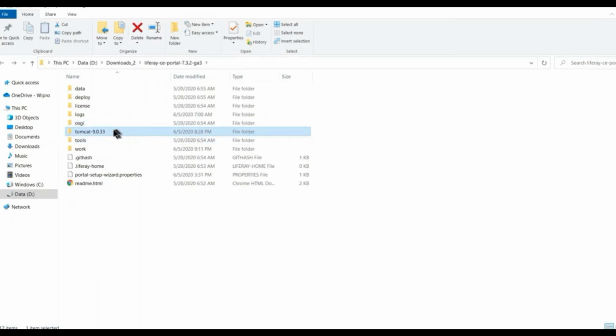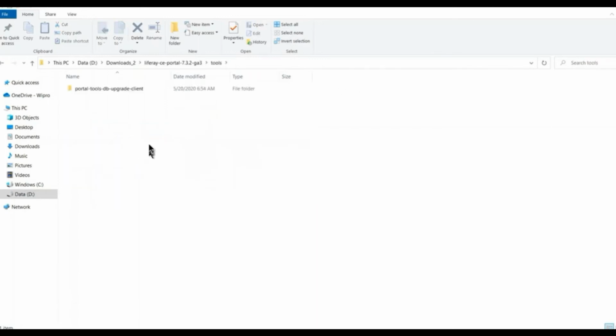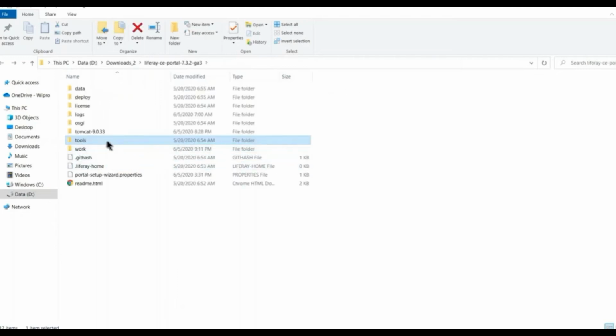After that, we have the Tomcat folders. We'll discuss this in a moment. Before that, I'm just going to move to tools. In tools, we have anything related to patching or upgrading. Whenever you perform any patching activity or any upgrade of Liferay, you need to make use of this folder. So this folder is important. However, we are not going to do anything here while doing web development. But just make sure you don't delete this folder. This is important.